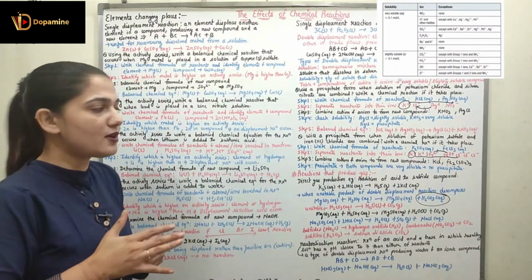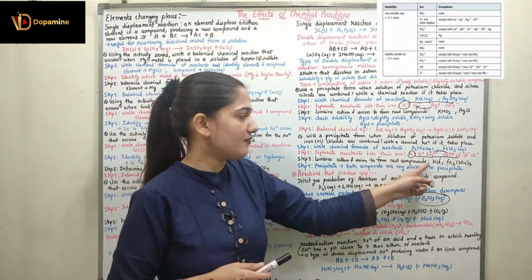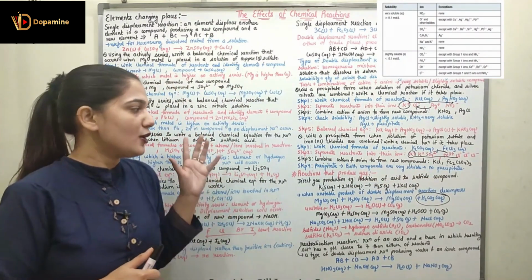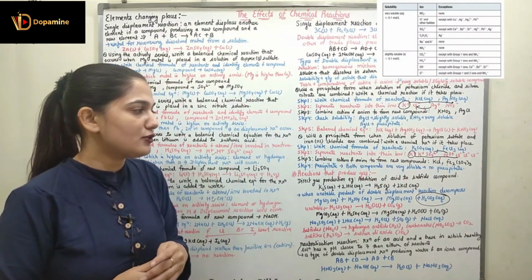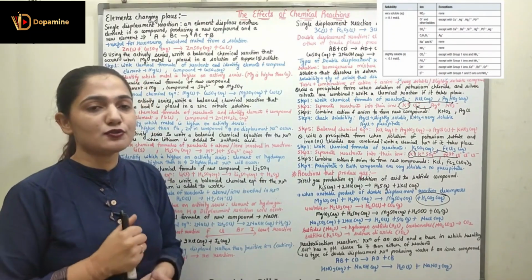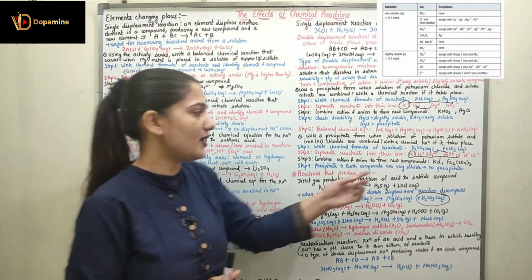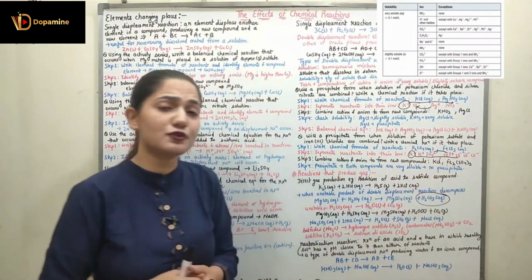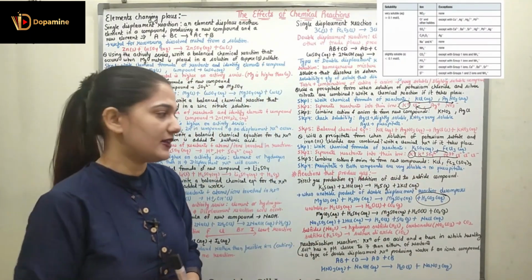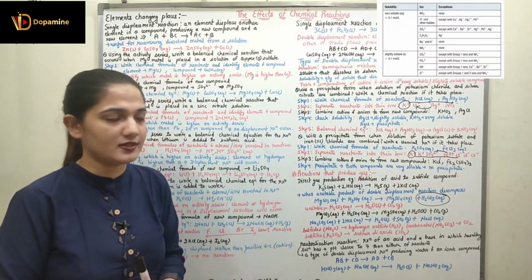So what are the new compounds that are formed? We have KCl and Fe2(SO4)3. This is my step 3, to combine the cation and anion to form the new compounds, KCl and Fe2(SO4)3. In step 4, we are going to check for a precipitate. Here you can see KCl and Fe2(SO4)3 are both very soluble, so we will not have any kind of precipitate in this reaction.